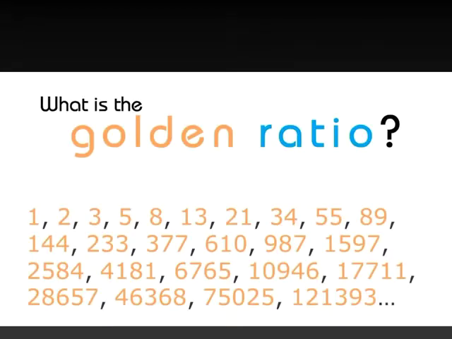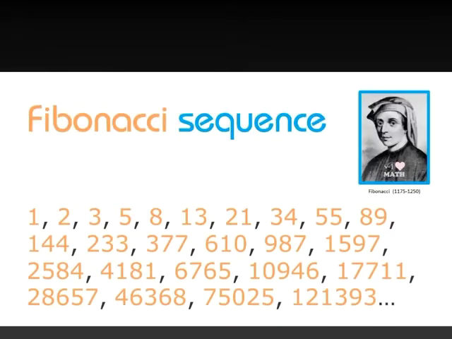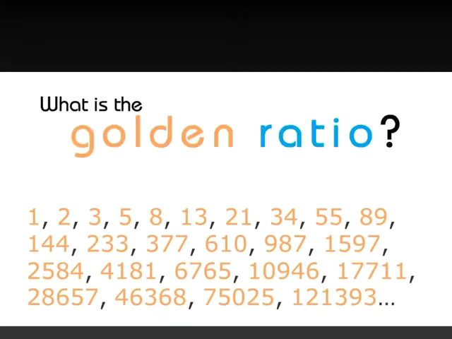Well, to help explain it, I'm going to put out this sequence of numbers called the Fibonacci sequence, which is really just the golden ratio in a sequenced numeric form. Now, to arrive at this golden ratio sequence of numbers, we just need to follow a basic math formula. And I'm not a math person, so we're just going to keep this very simple. Okay, so you just start with 0 plus 1 equals 1. And now to get to the next number in the sequence, you take the sum of that simple equation and add it to the last number in the equation. So 1 plus 1 equals 2, and then 1 plus 2 equals 3.